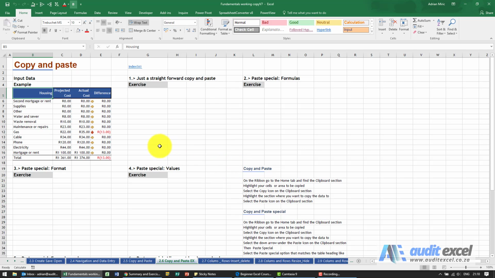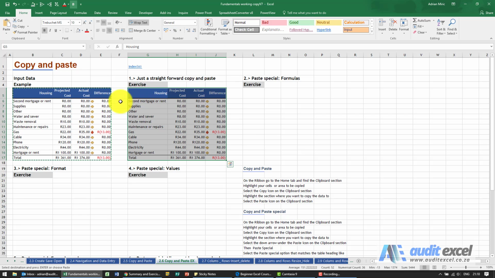The solution for this example. So the first thing we're asked to do is just a straight copy paste. So I'm going to highlight that. I'm going to copy it with a Control C, and I'm going to paste it with a Control V. Everything's exactly the same. It's still in copy mode, but I'm going to anyway just highlight all of it, copy